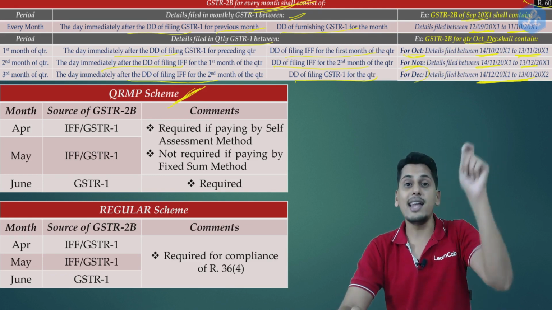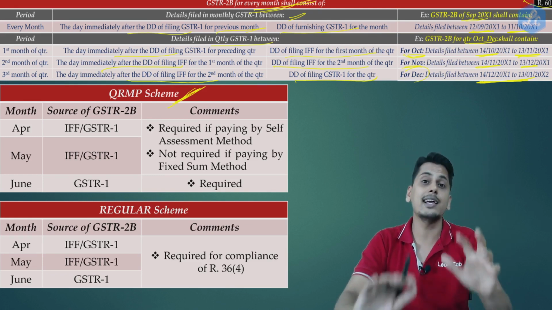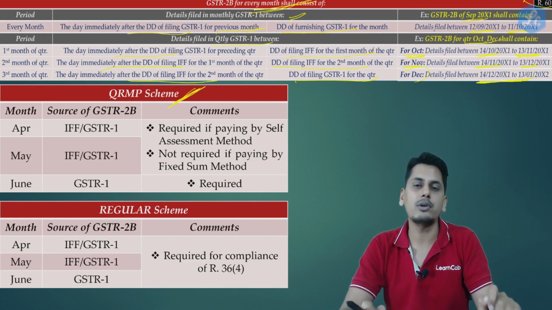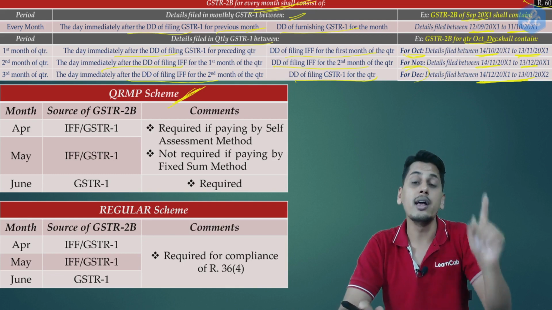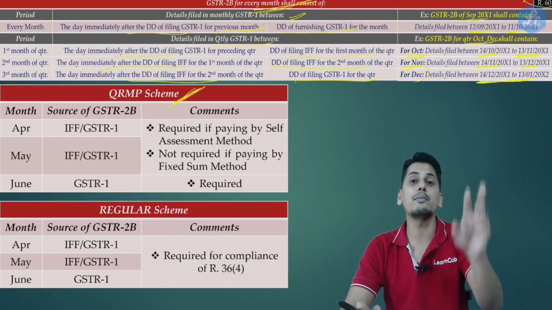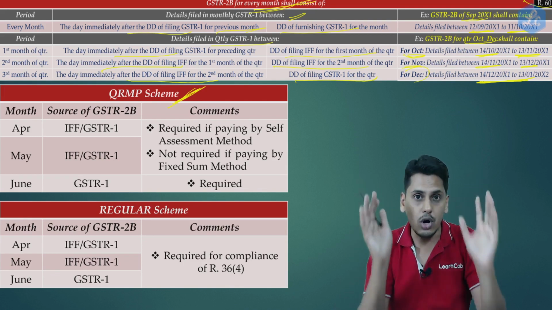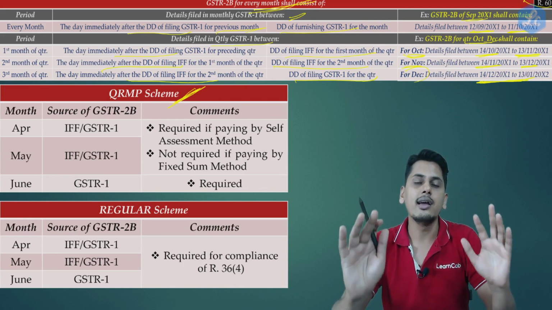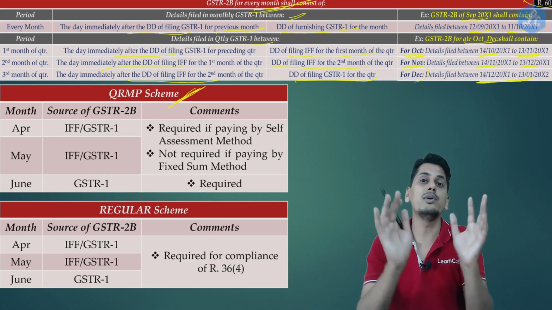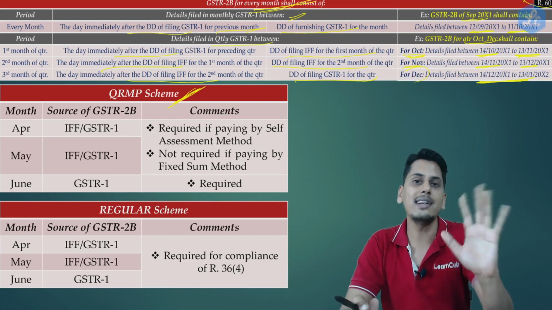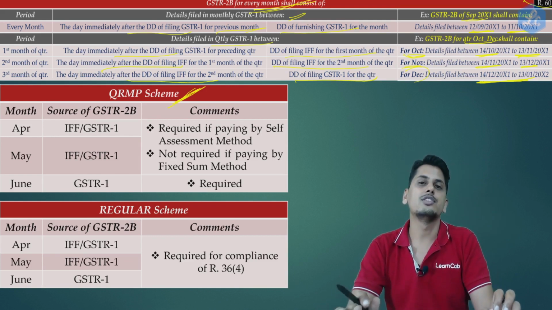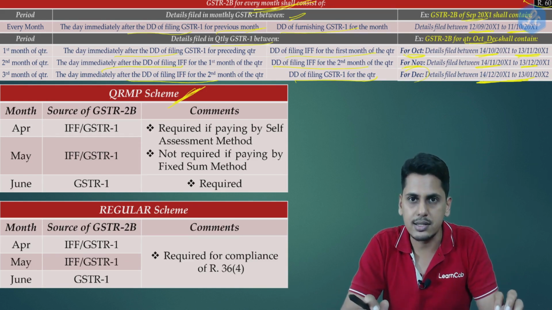However, while filing the return for the entire quarter, when he has to compute his actual liability, output tax minus input tax credit according to Rule 36(4), he requires GSTR2B of all the 3 months, the first month, the second month and the third month, because he has to compute the input tax credit of the entire quarter. What he has deposited initially in the cash ledger was only to ease the compliance. That is only a tentative calculation. While doing the final calculations, he would require GSTR2B of all the 3 months.